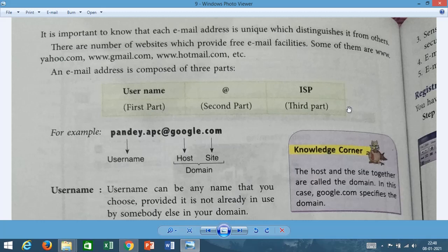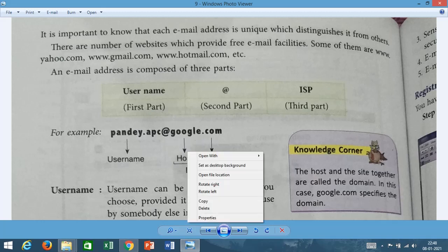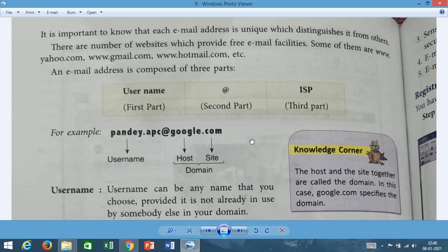Now pandey.apc is the username of the person who has made the email. The domain includes two things, that is the host and the site. Host means the company who is giving you the service. Like we can make pandey.apc@yahoo.com.